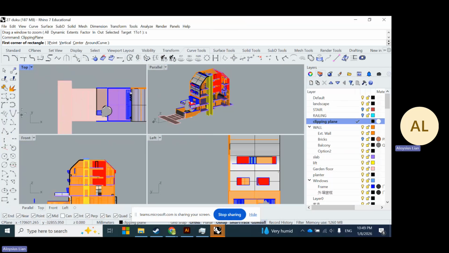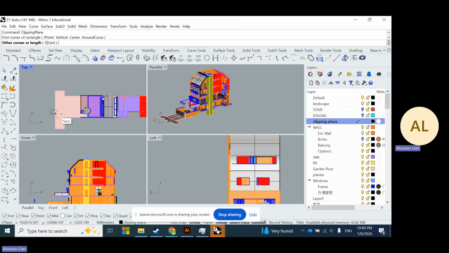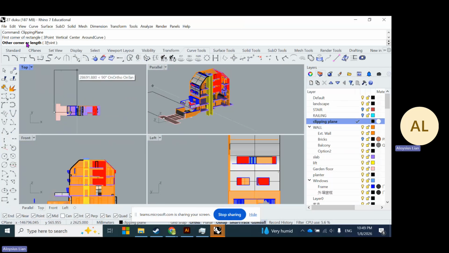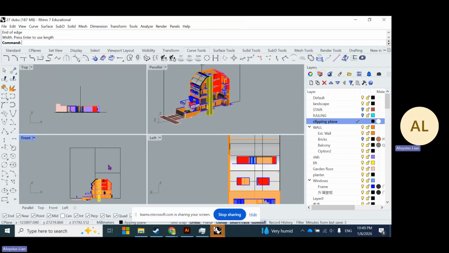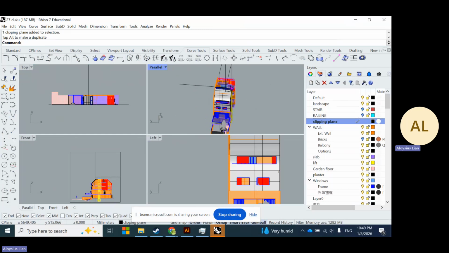So first point, okay, I just want to cut it in between half of it. Okay, and then I'm gonna choose 3 point. Select here, and then I'll go up on top here. Okay, that's gonna adjust it down so that it covers also like the pseudo basement here. And you'll realize that I have now cut in my top view here, but it doesn't really cut in this